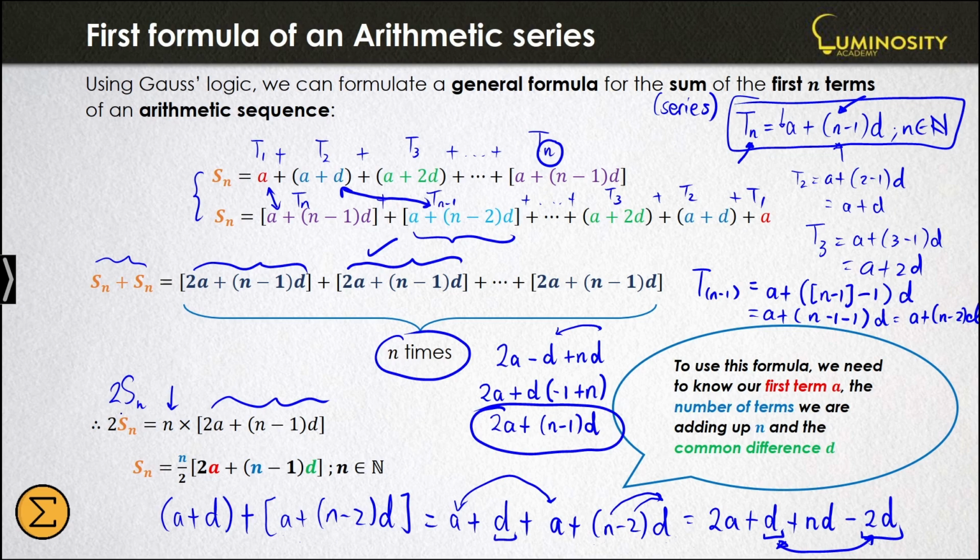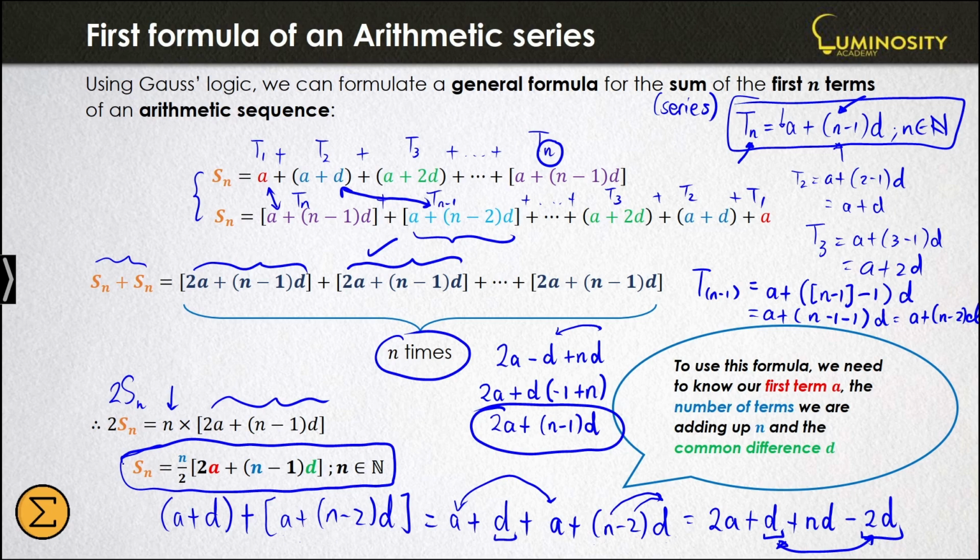And lastly, to get rid of the 2, we divide both sides by 2, and that's where you get this n divided by 2 term here, and times it by that entire square brackets there, 2a plus n minus 1 times d, where n is a natural number. This is the first formula of an arithmetic series, and it's the most general formula of an arithmetic series. We're going to be looking at how we can simplify this series a little bit more in the next lesson,